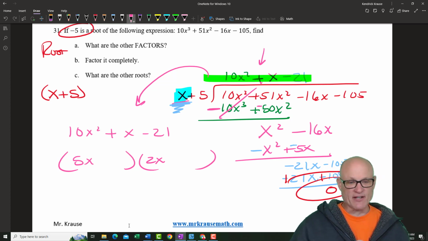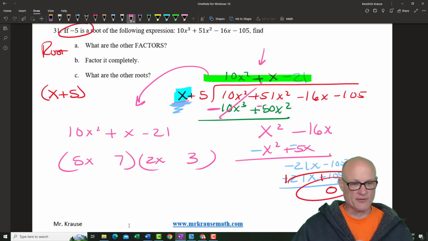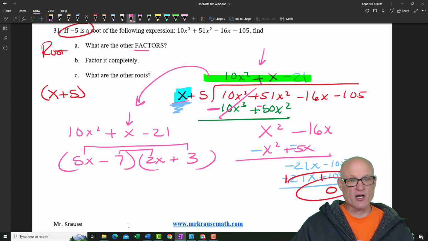21 is going to be 7 and 3. I just don't know where I want it, but I think this is probably 7 and this is probably 3, because I see that's 15 and I see that's 14, and 15 and 14 make 1. But I need it to be positive 1, so this one needs to be positive and this one needs to be negative. So it says, what are the other factors? Well, the other factors are 5x minus 7